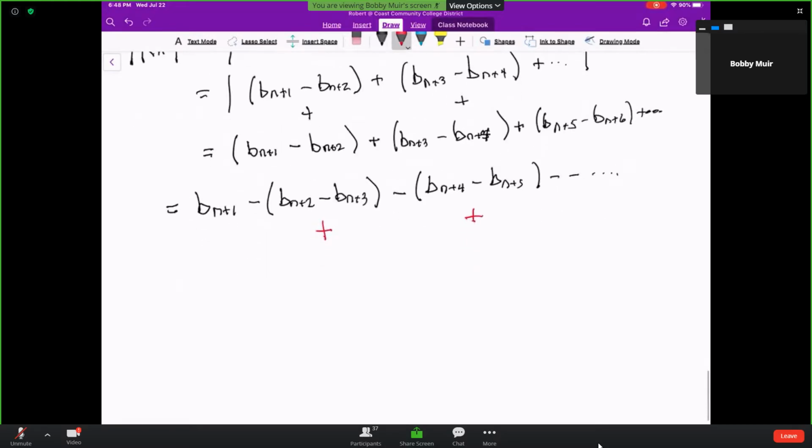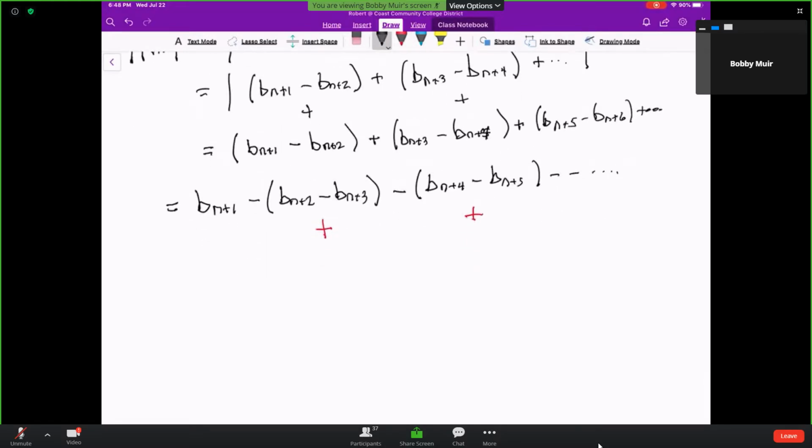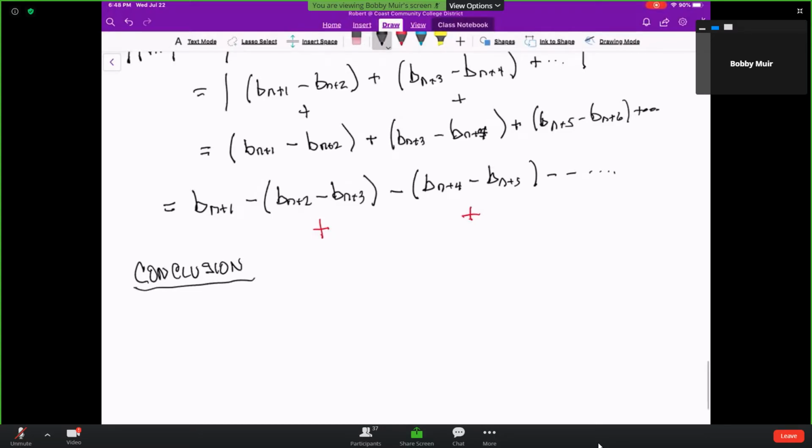Okay, so we arrive at the amazing conclusion that if this alternating series, -1 to the k, b sub k,